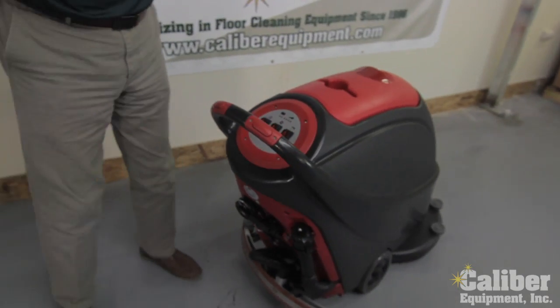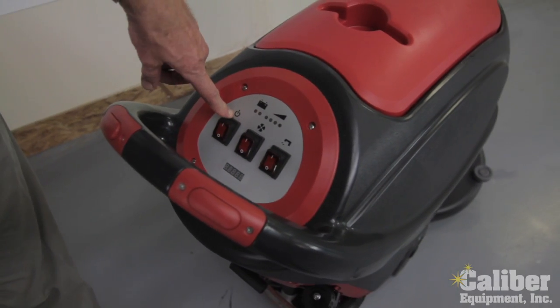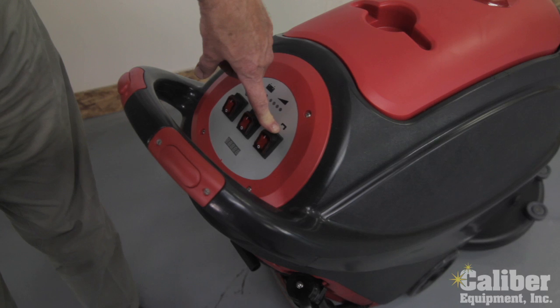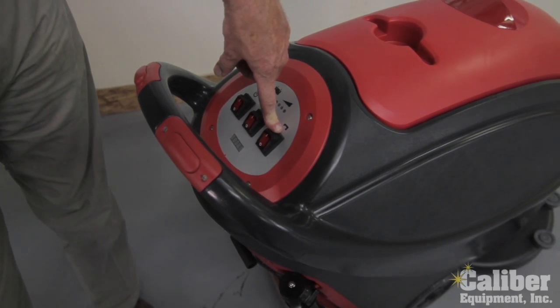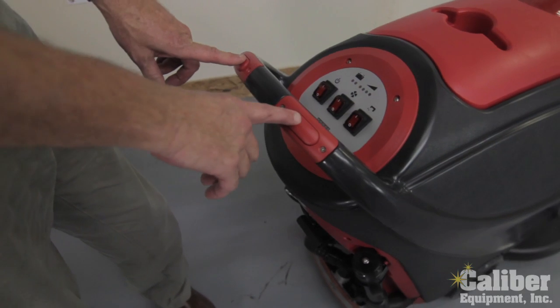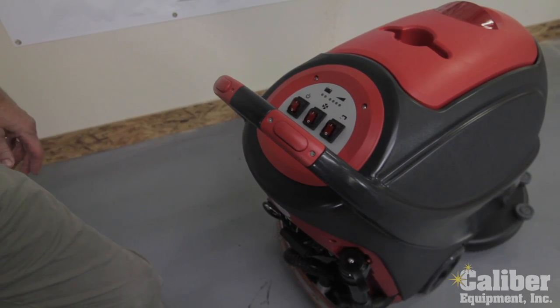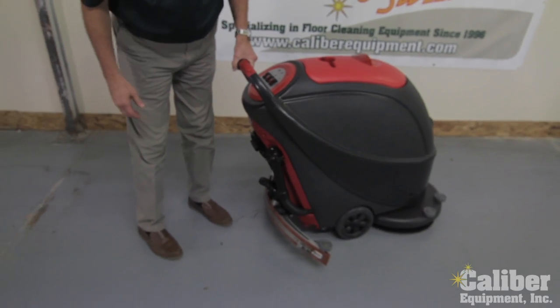The operation on the machine is very simple. We've got three simple toggle switches. One turns on the power, the second one turns on the vacuum motor to dry, and the third switch is going to open up a valve so water comes out when the machine is scrubbing. And then we have two separate touch pads here, which when I'm ready to scrub is going to turn on the brushes. So when I'm ready to scrub, we put the brush underneath,